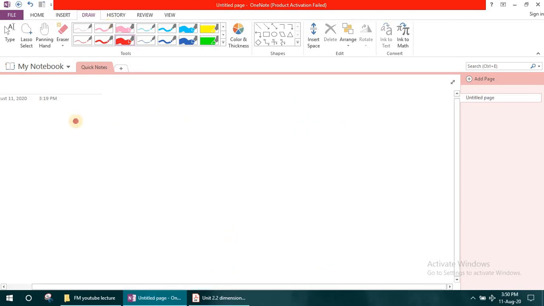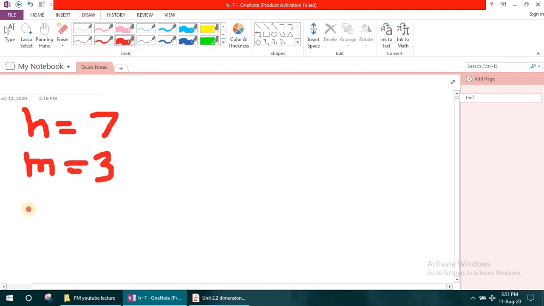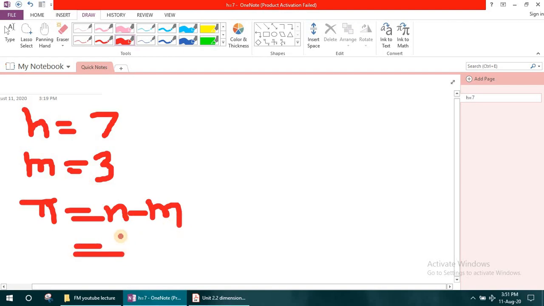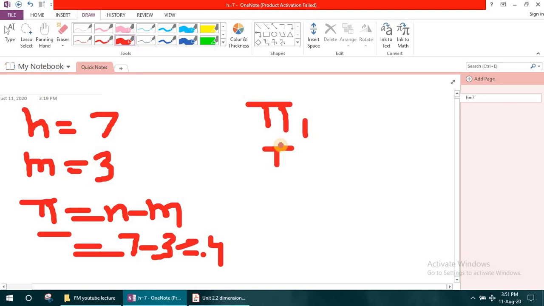So simply keep in your mind that if n is the number of independent plus dependent variables, let's consider it is 7, and m is always fixed, that is MLT, whose value is 3, then what will be the number of pi terms? Pi terms are equal to n minus m, which is 7 minus 3, which is equal to 4. So how many pi terms do we have to consider in the problem? 4 pi terms: pi 1, pi 2, pi 3 and pi 4.